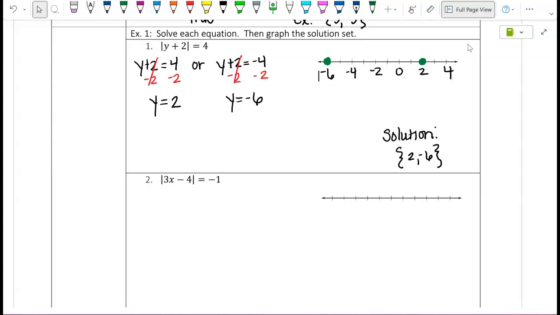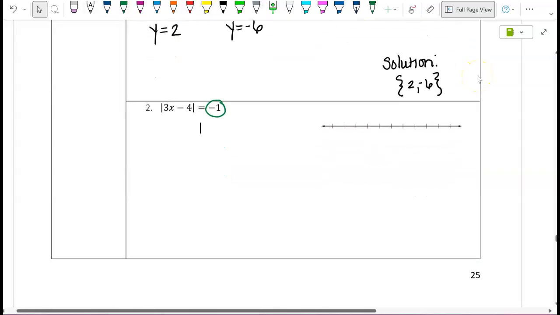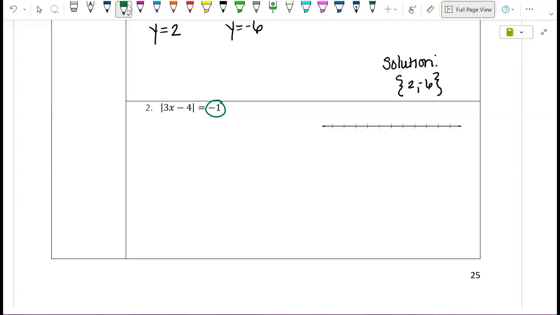And it actually has to do with the other side of the equal sign. Number 1, they said it was equal to a positive 4. In number 2, they're saying it equals a negative 1. Can distance be negative? Can you show me a measuring tape that has negative numbers on it to go out and measure? So, because we know that distance cannot be equal to a negative number,